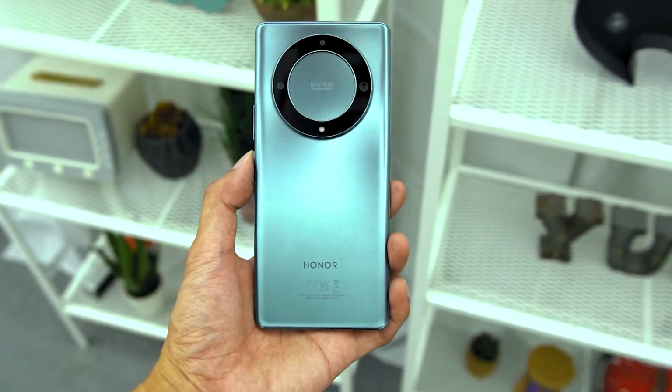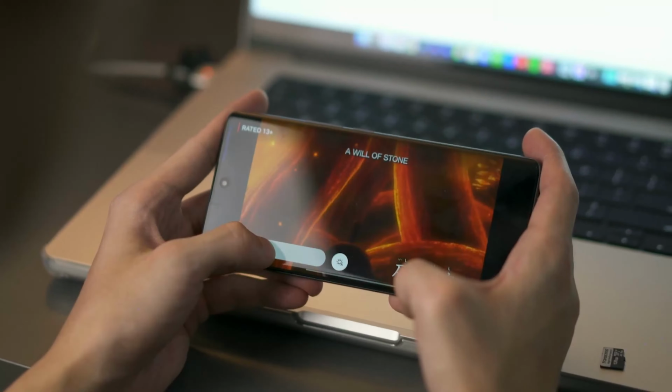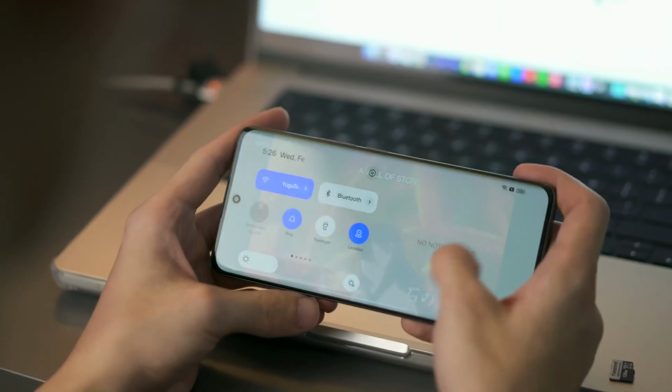Looking for the best Android smartphone between 15 to 20,000 pesos? Well, you're in luck because this price range offers a great balance of affordability and top-notch features, making it perfect